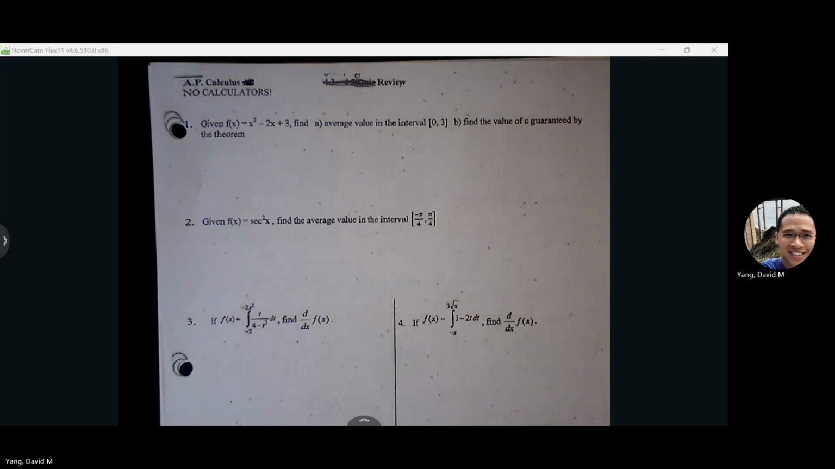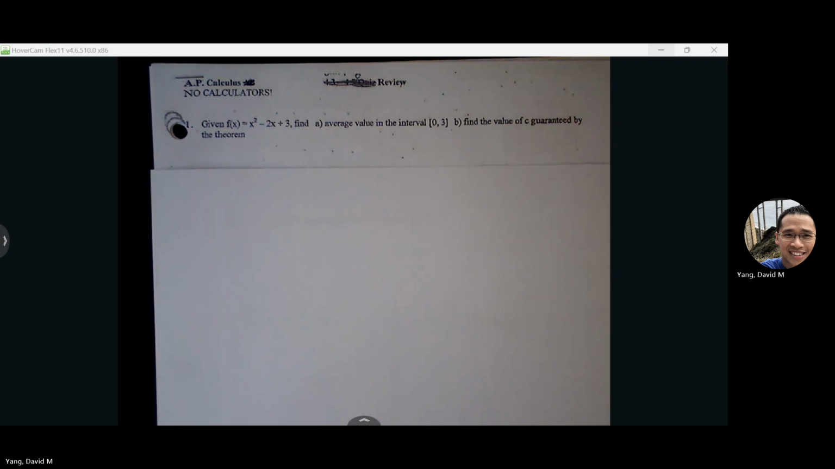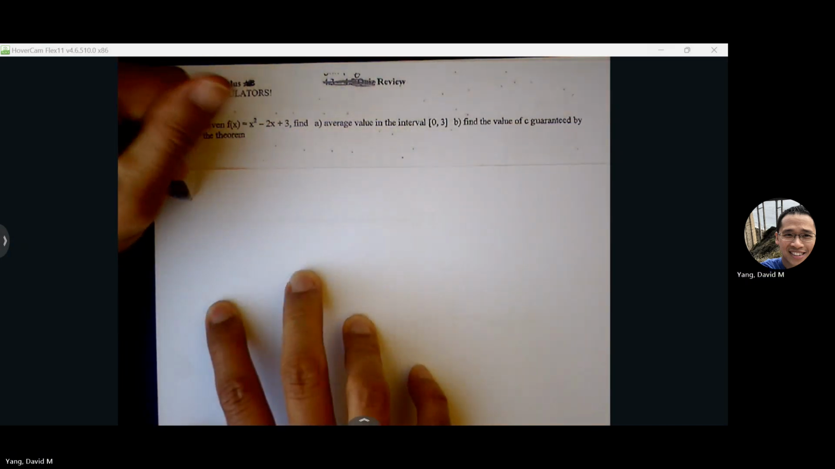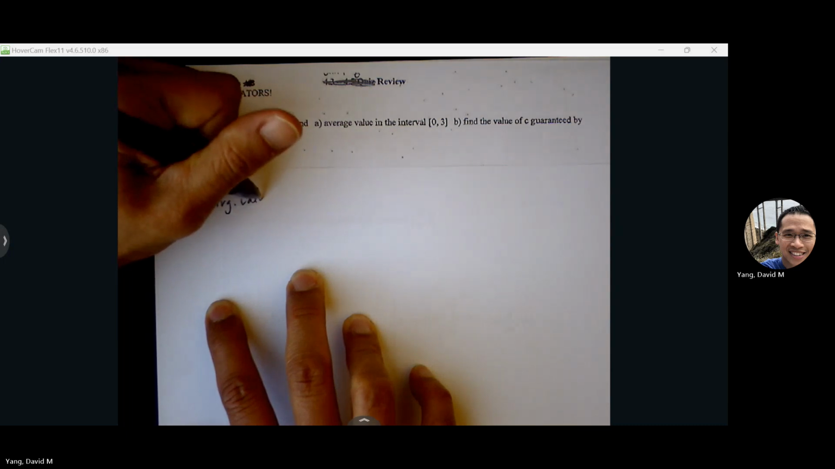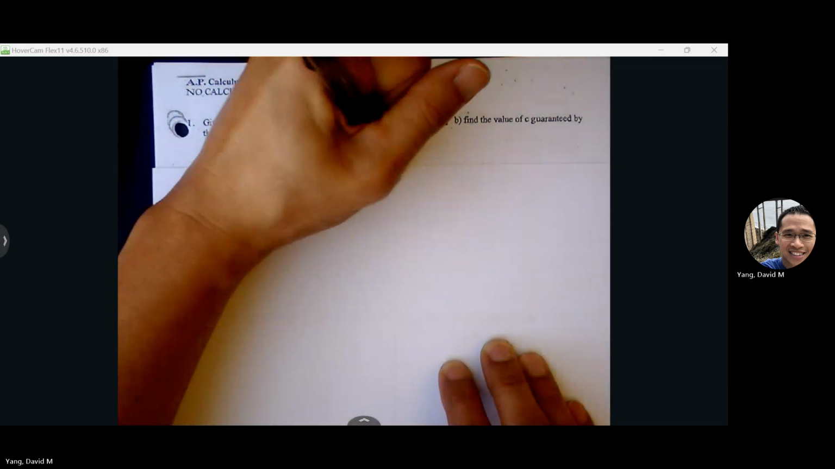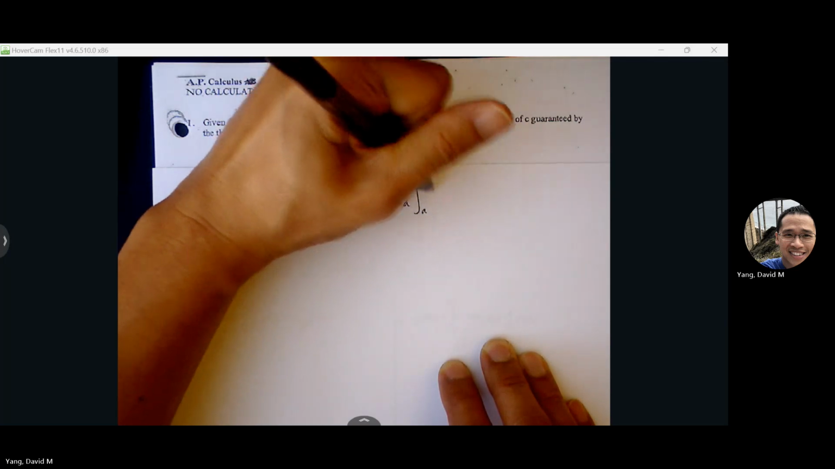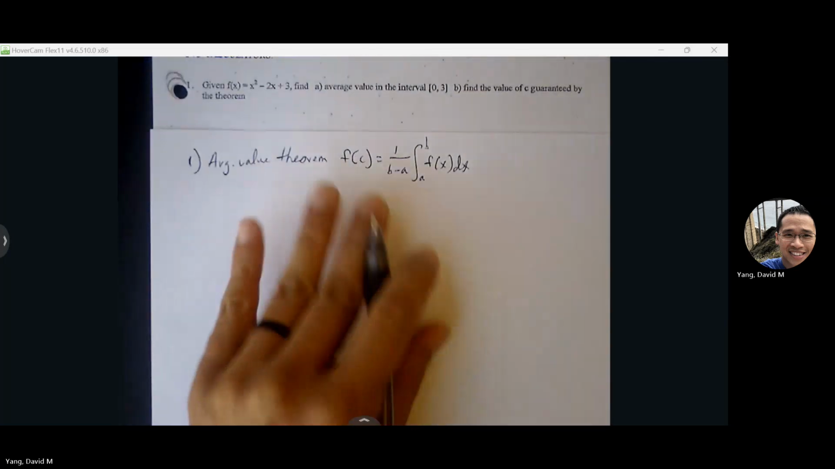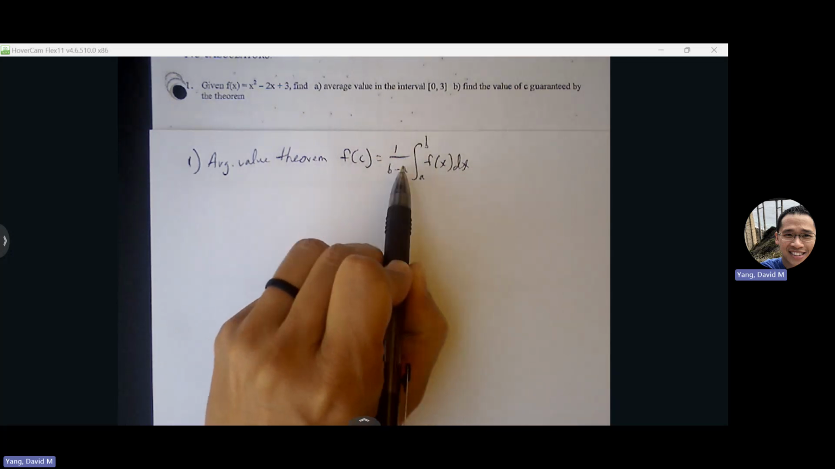Okay, average value. So the average value theorem is really just a definite integral with a bit of a coefficient in front. Right? Really, that's